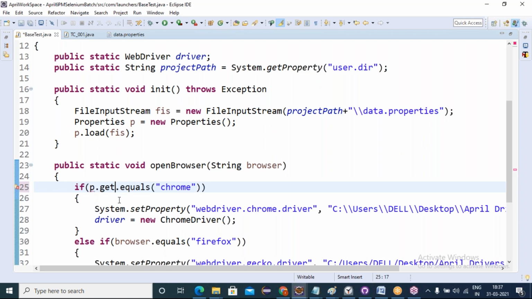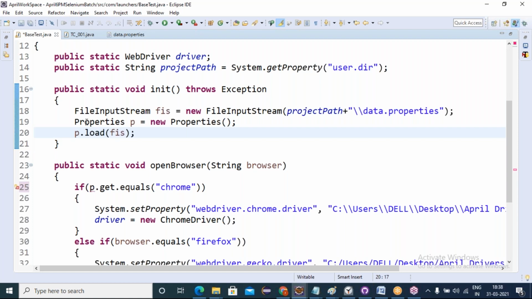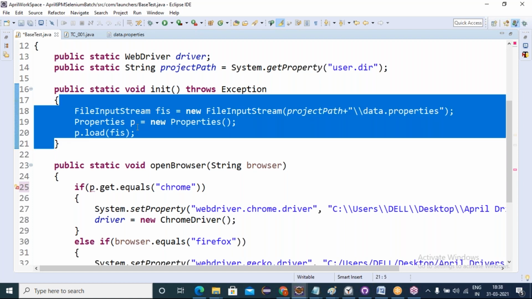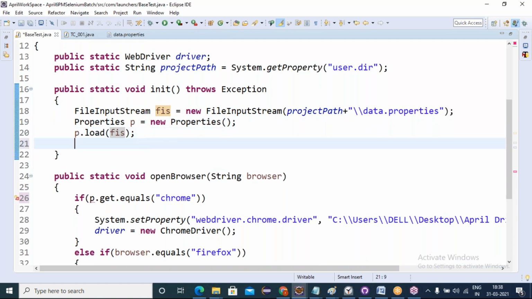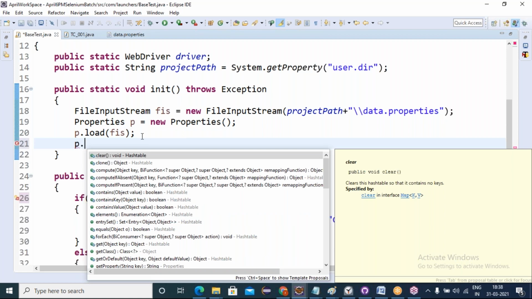The scope of p is inside init only, is it? Yes, because p is a local reference for this method only. The properties class reference is local to this method, so p can be used only here. That's why p dot load methods are coming. See here, friends, here with p dot I'm getting all the available methods.